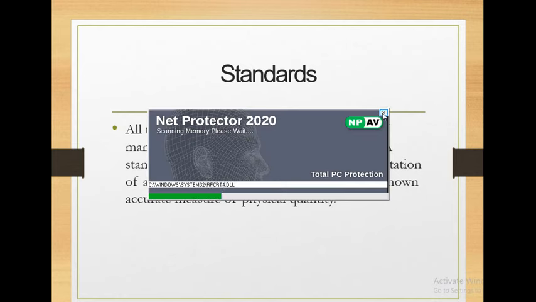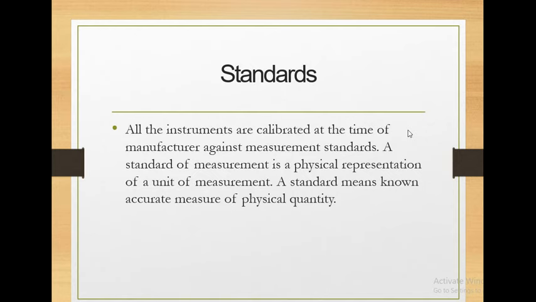Suppose you have designed one instrument, that is a weighing machine. Whenever you are designing a weighing machine, it must show the correct value of the measured quantity or object. You must know the weight that you are going to put on that weighing machine. Suppose a 1 kg weight is put on the weighing machine plane, then the machine should show that 1 kg weight on a display, that may be a digital display.